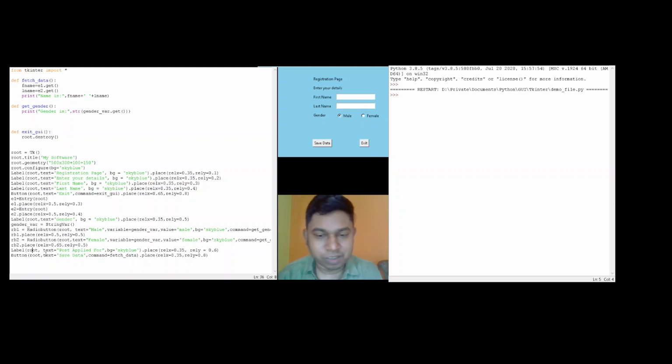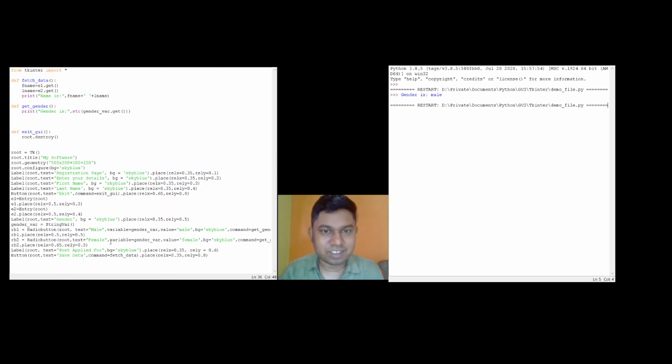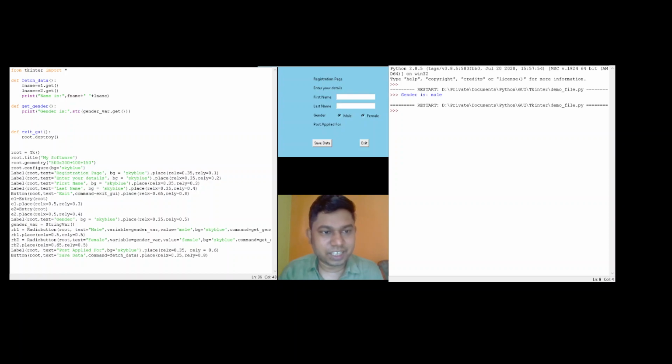A label will be in root and I'll have a text for the label which is post applied for. The background I have kept as sky blue, which is according to the theme, and I have placed it just below the gender label. So let me run this. So here I get post applied for.